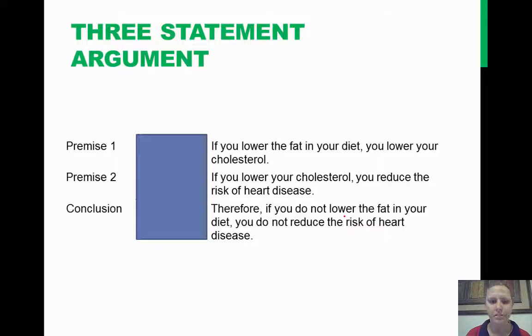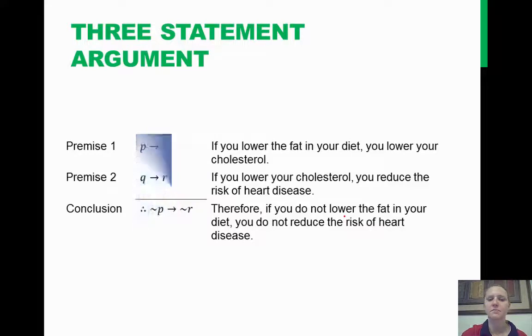Hopefully you got this. P then Q. So this first statement's our P, the second one's our Q. Then we're going to use that same second statement as the first part in our next one. And then we have lastly R, you reduce the risk of heart disease. And notice that we have our therefore. If you do not lower the fat in your diet, so that's going to be a negative P, then not